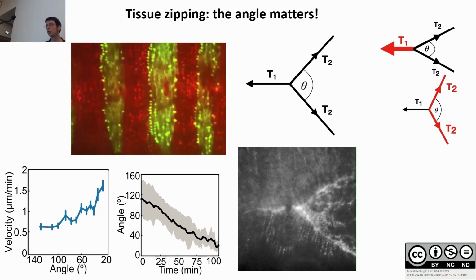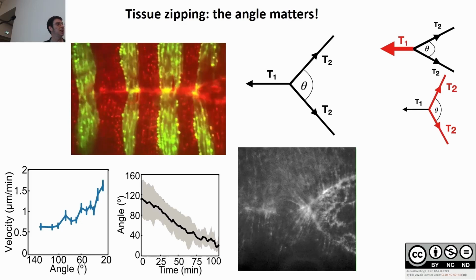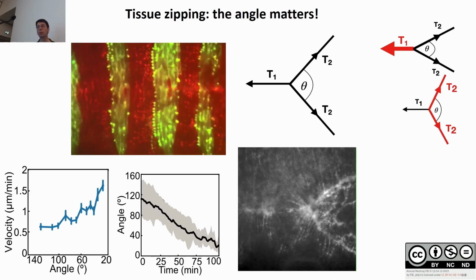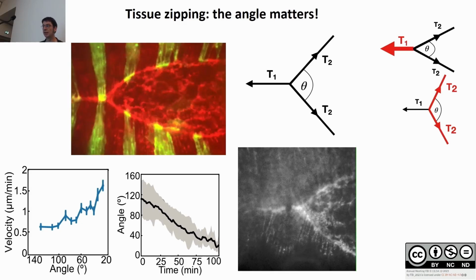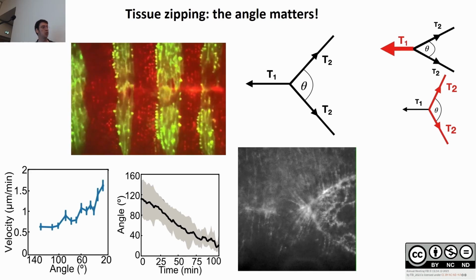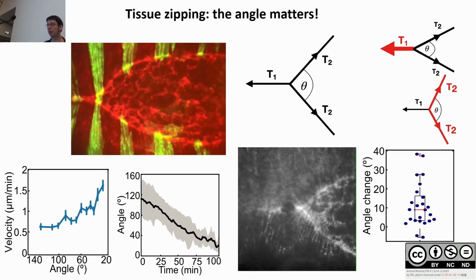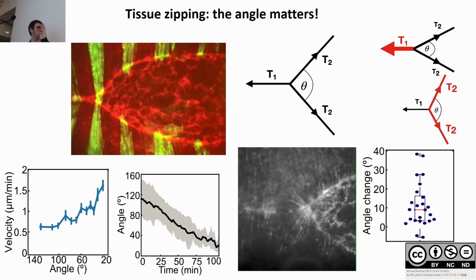The second thing that we measured is to assess whether there was a tension in this region. By doing laser nanosurgery, we could cut, and we could see a fast retraction taking place, showing that there is a high tension there. And indeed, if we measure the angle after the cut, we have an increase of angle that follows this retraction. So this tension is important to set that.